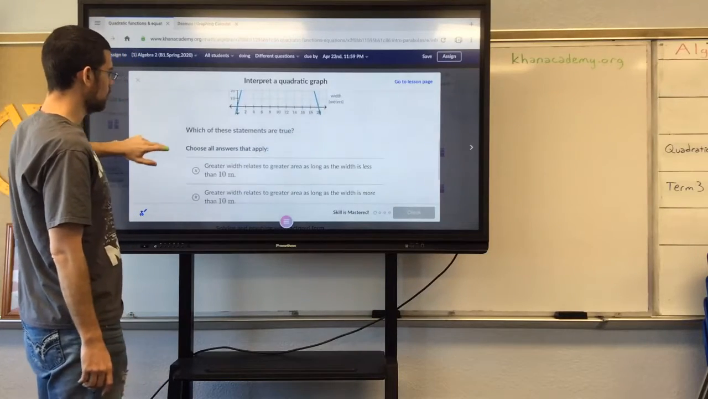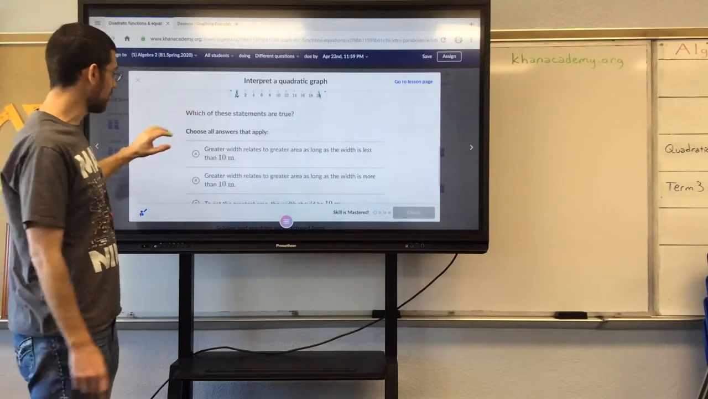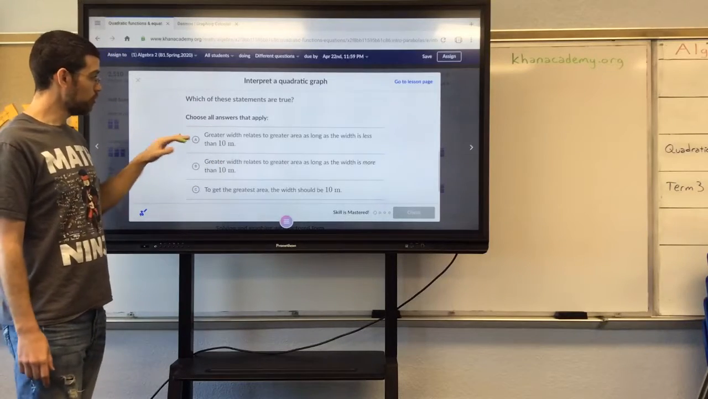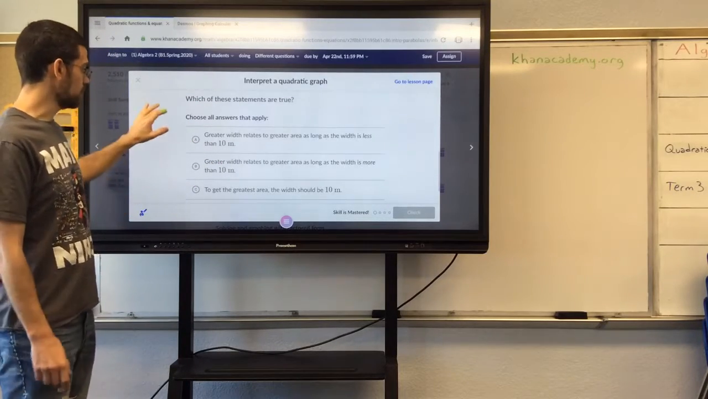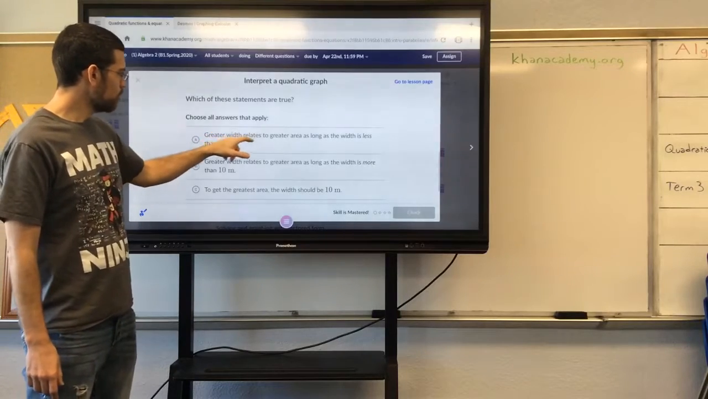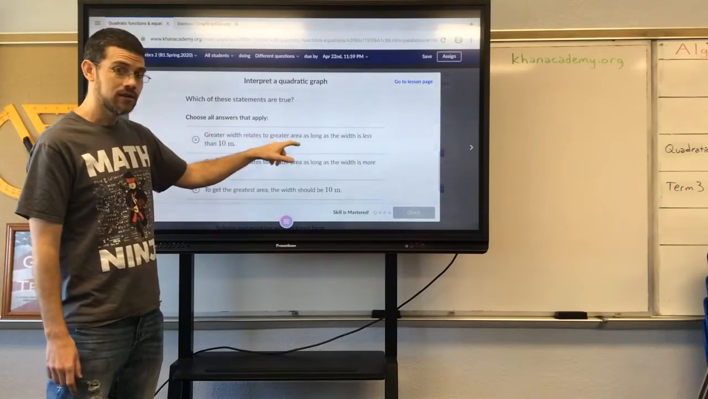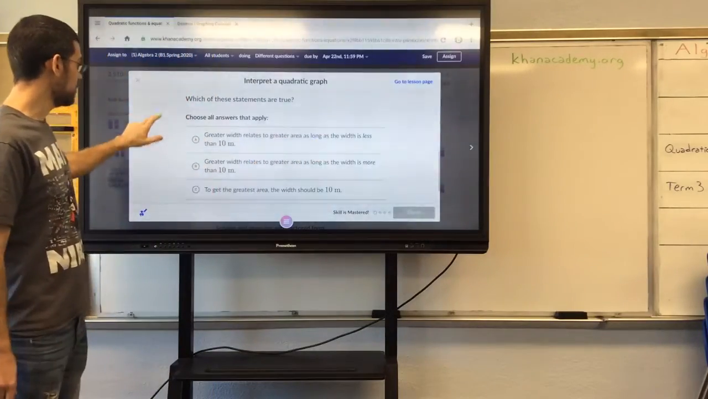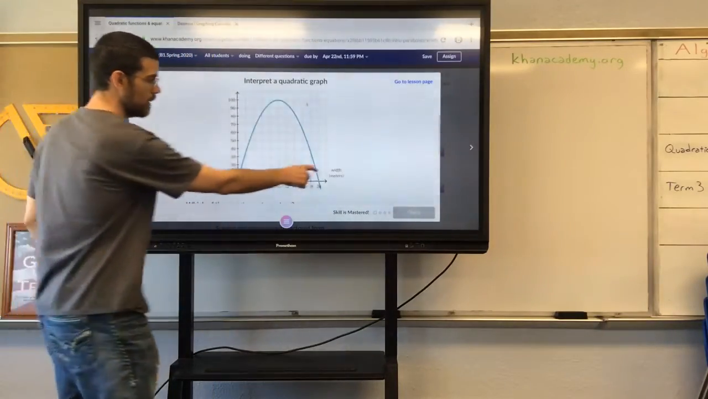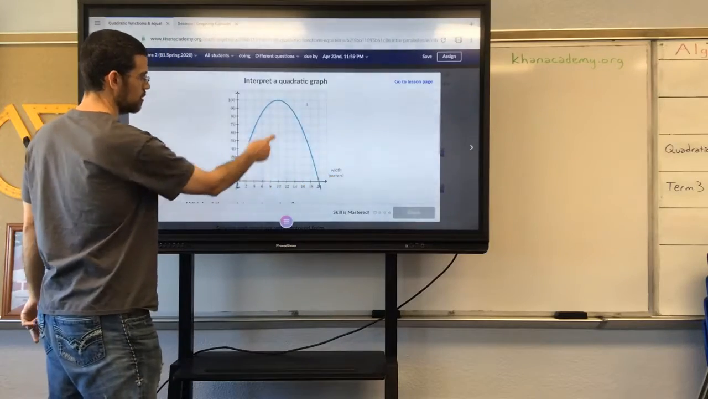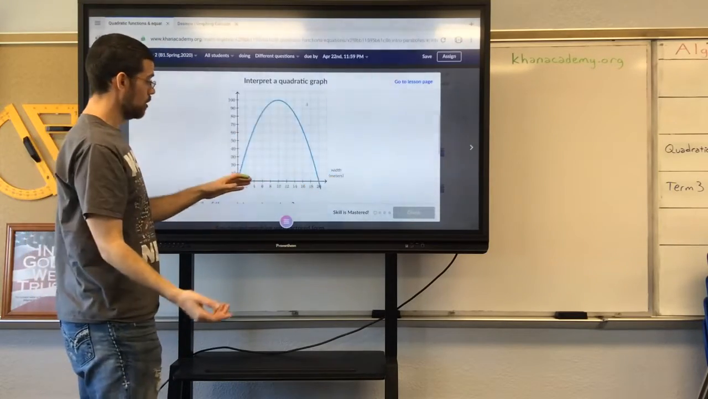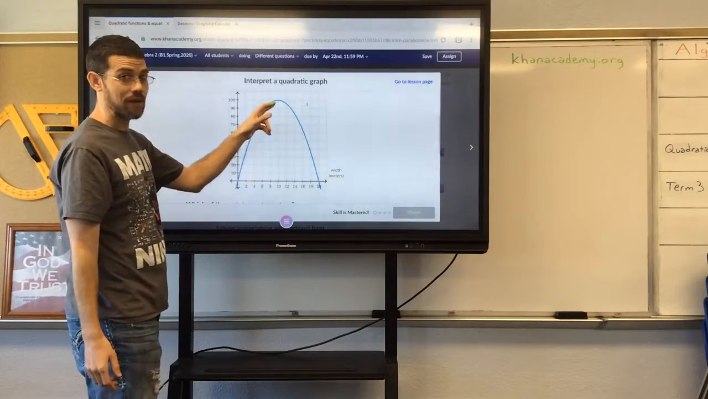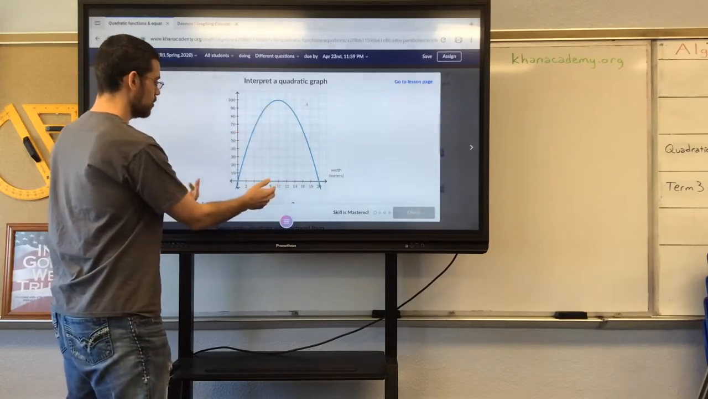Okay? So, which of these statements are true? Now they're going to ask us some questions. So essentially this is true or false for each of these statements. Greater width relates to greater area as long as the width is less than 10 meters, okay? The width, here's 10 meters, that was our maximum. If our width is 10 meters, our area is maximized. If we're to the left of that,